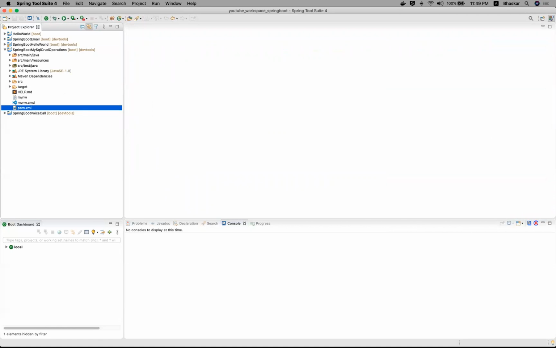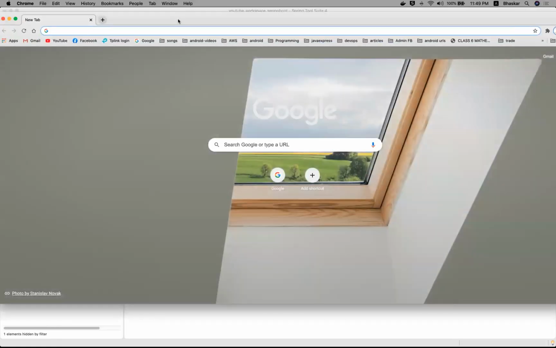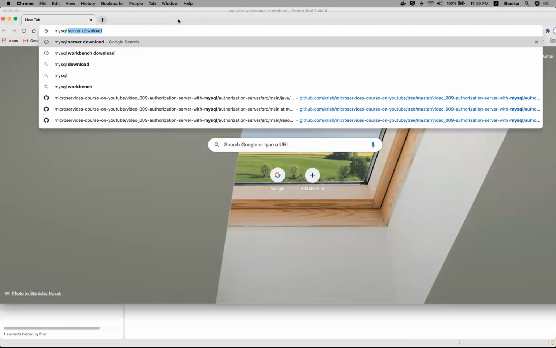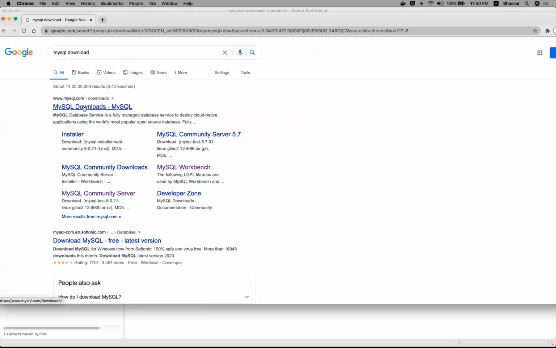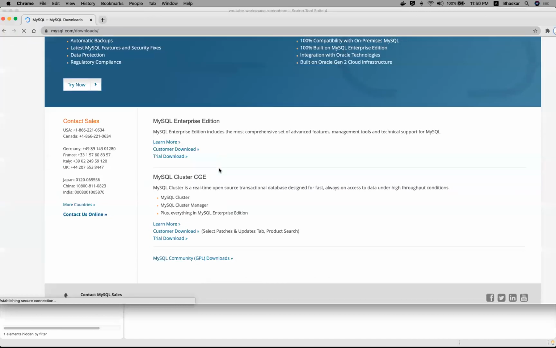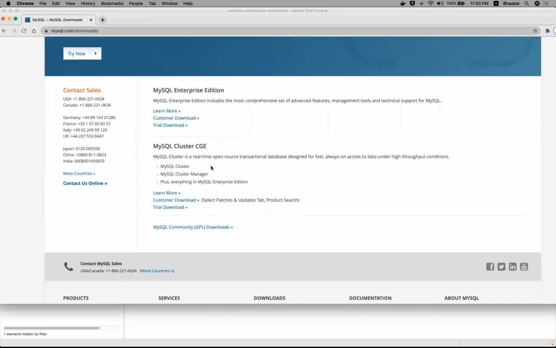Now you need to install your MySQL database. In Google, go and type MySQL download. Go ahead to www.mysql.com. Based on your platform, you can download your software here. Here you can see customer download, trial, which is the enterprise edition.